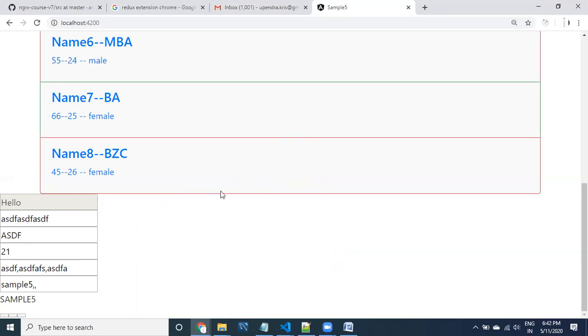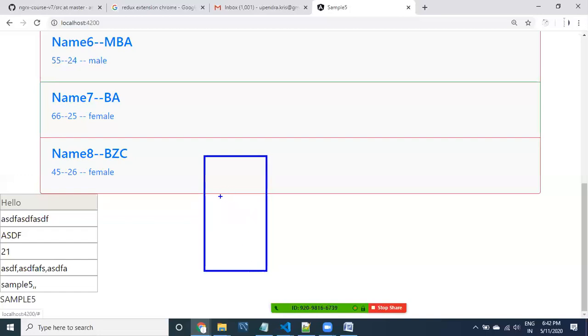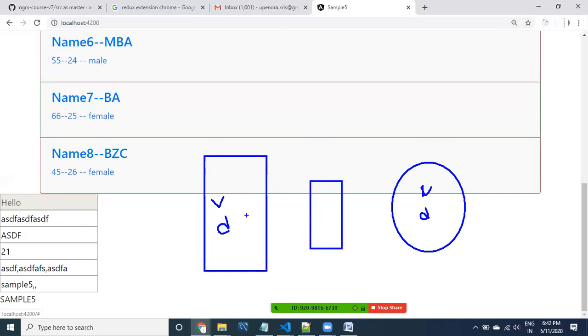What does mapping mean? Let me take it like this: assume this is the element. Element contains attributes, right? And assume this is the object. It contains properties: a value property, a disabled property, and other properties. Here, what are the attributes? The value attribute and the disabled attribute. So there will be some mapping. The attribute value is going to be set into the value property in the DOM.